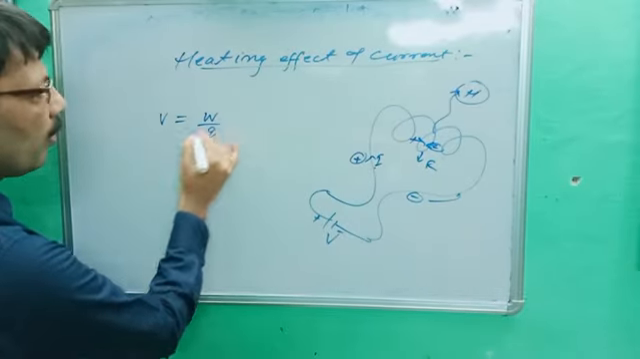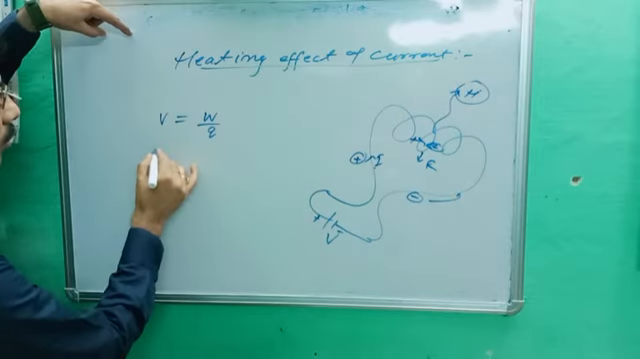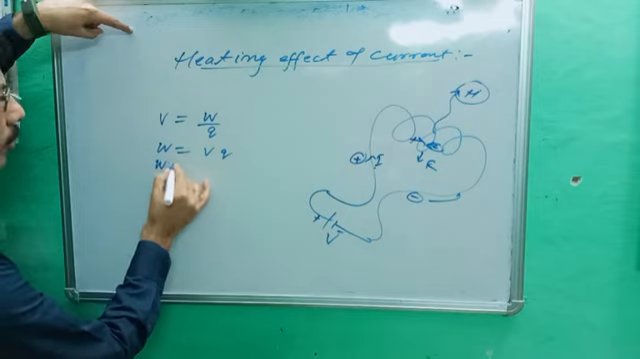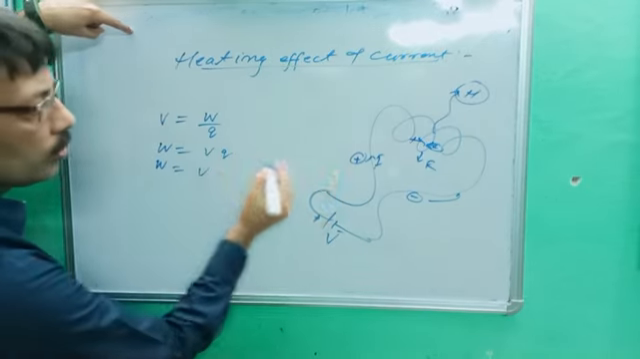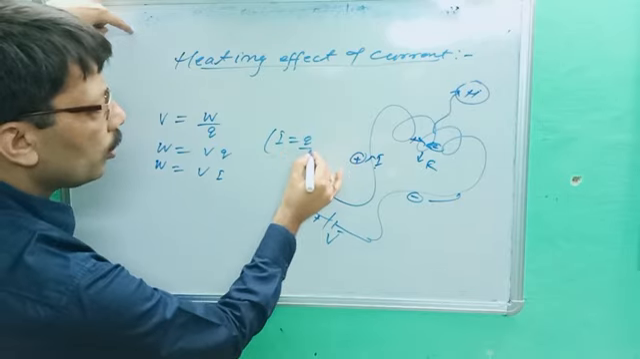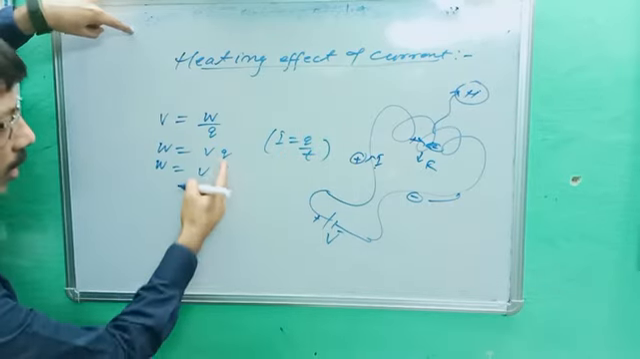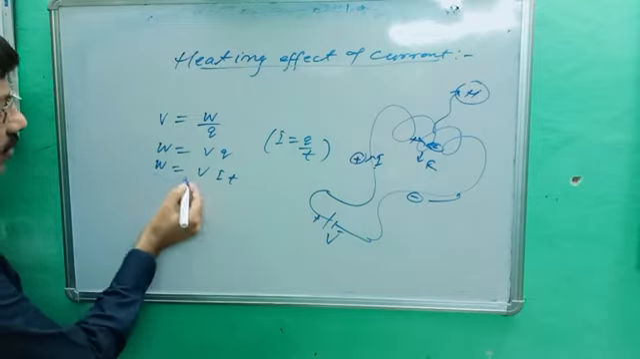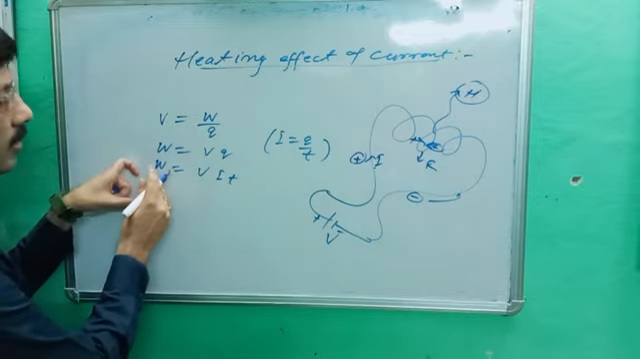V is equal to W upon Q. We better know what W is. W is equal to VQ. And what is Q? We know I is equal to Q upon T, so Q is equal to IT. So we are getting a very easy formula: W is equal to VIT, and this work done